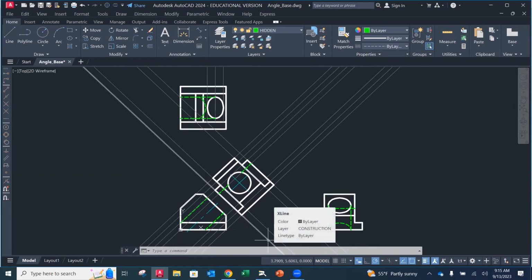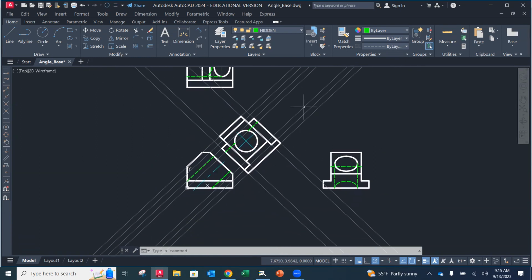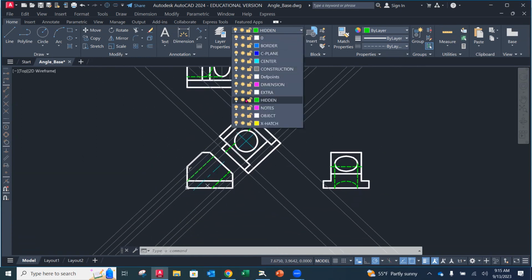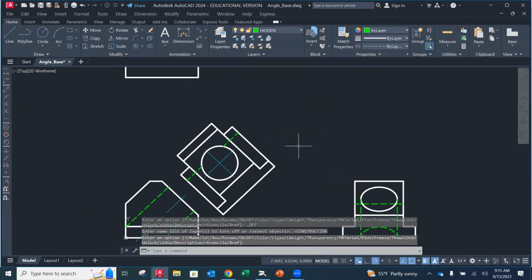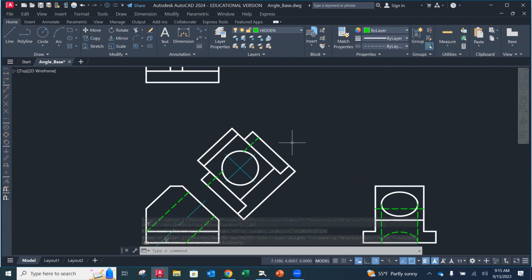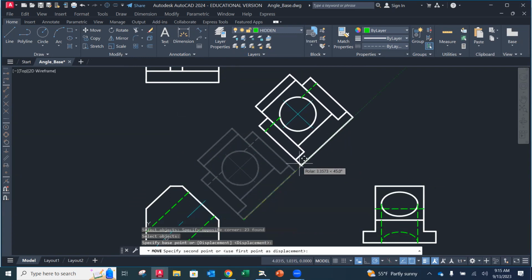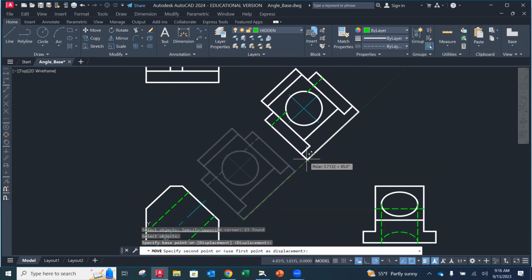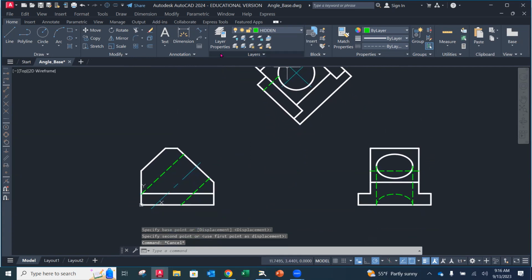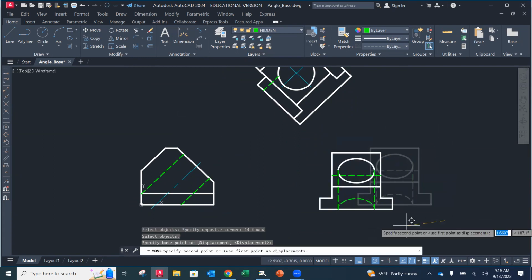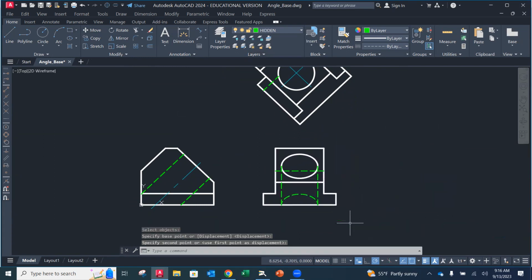All right. Now let's turn off our construction lines. Okay. Now it looks good, doesn't it? I'm going to move this view back away a little bit, and I'm going to put it along here, along my 45 degrees, kind of move it out of the way. Okay, and then I'm going to bring my side view and my front view back in